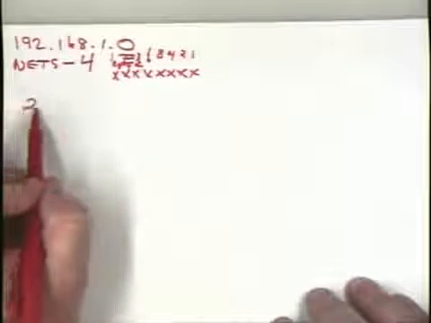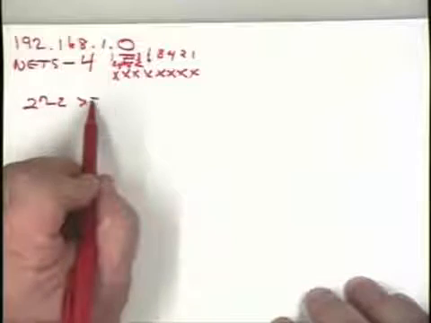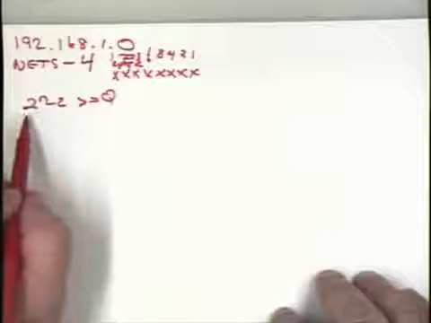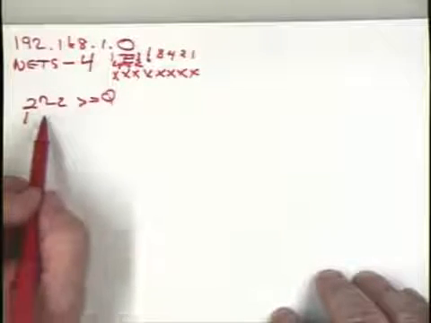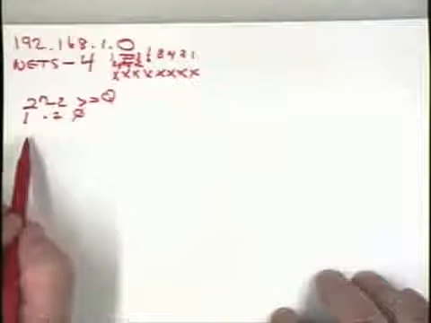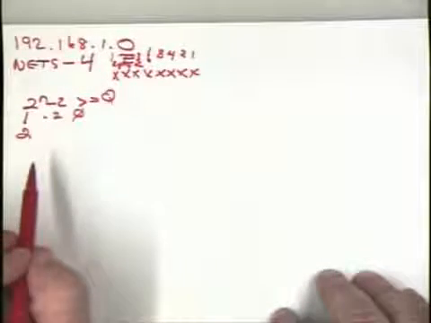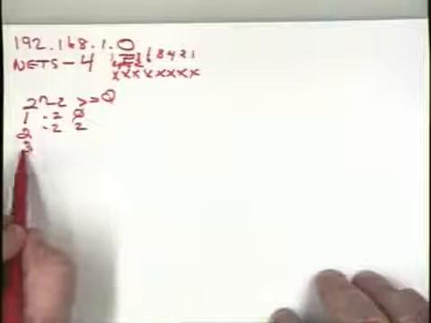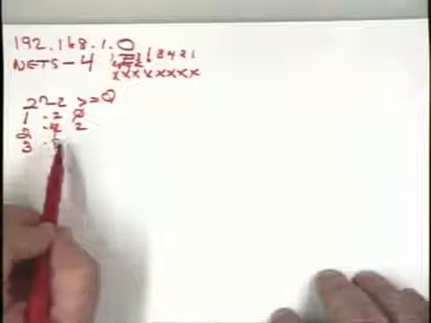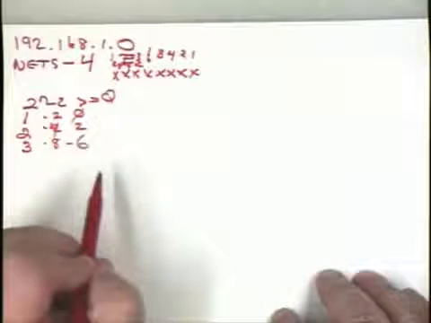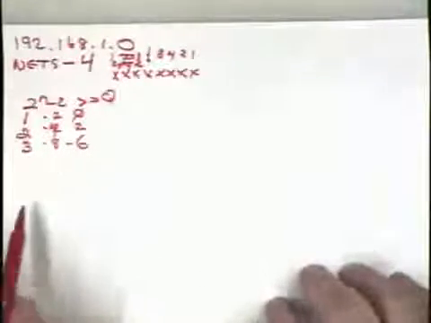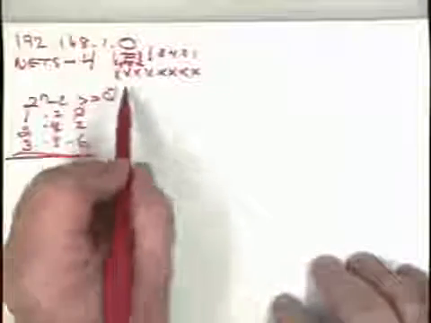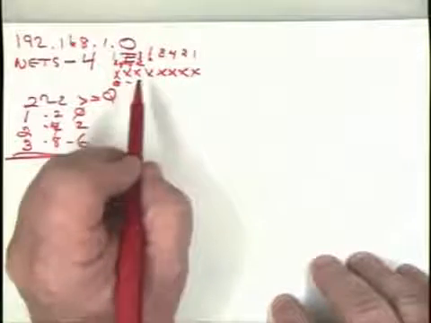Okay, the rule is 2 to the n minus 2 has got to be greater than or equal to the number of networks that we need. So if n is 1, we have 2 to the 1 is 2 minus 2, we get 0. If n is 2, we get 2 to the 2 is 4 minus 2, that'll be 2. If n is 3, we get 8 minus 2, that's 6. Is that right? Okay. So that must be how many we need. We need to take 3 of those bits. So we can take that bit, and that bit, and that bit,